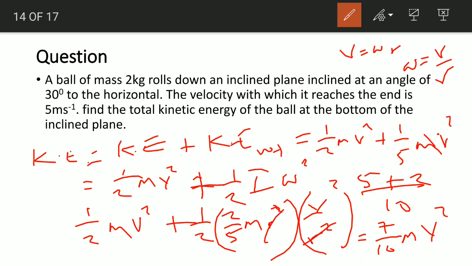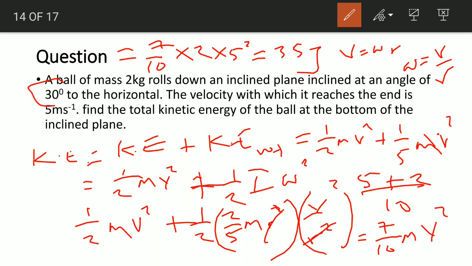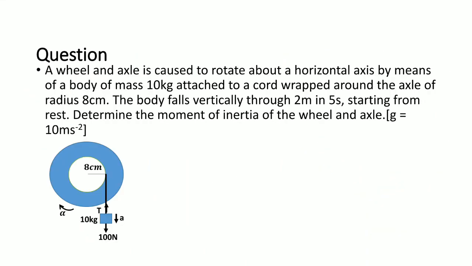If we substitute values, that is going to give us 7 over 10 times the mass, which is 2, times the velocity, which is 5, so 5 squared. That gives us 35 joules in total. So the answer to that question is 35 joules. If you notice, nothing is said about the angle here. Now that leads us to the next